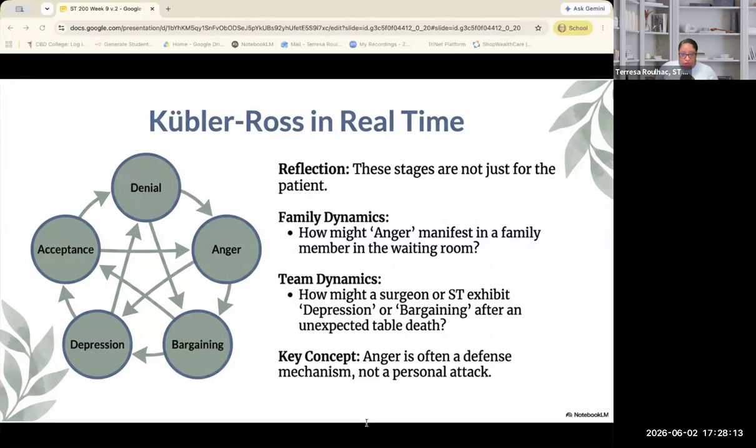When we talk about professional maturity, that means responding with steadiness, not reactivity. Now, I want you to think about how you stay grounded when someone around you is emotional. Do you put up boundaries? Do you practice breathing? Do you try to listen a little bit closer to what they're saying to actually hear the meaning? How will you maintain that professionalism?